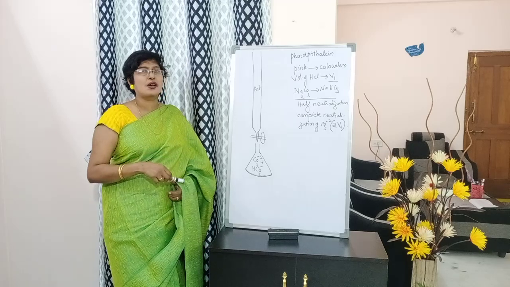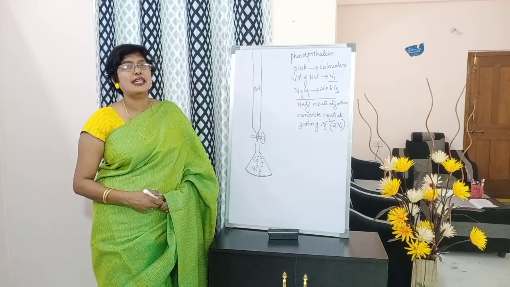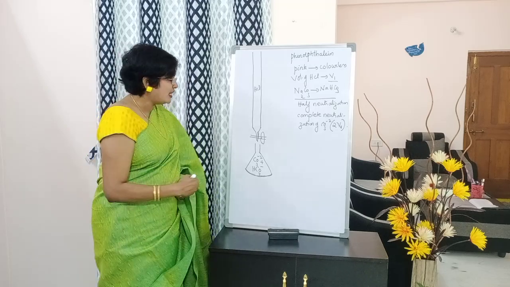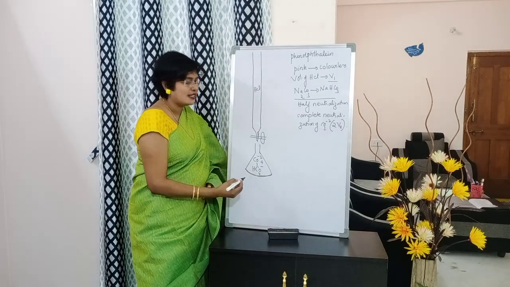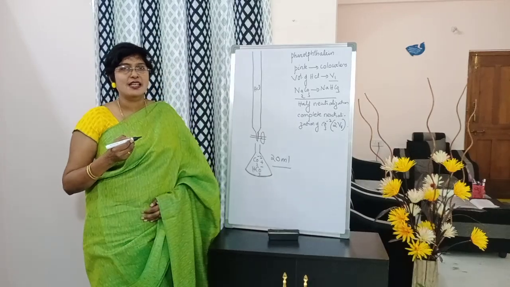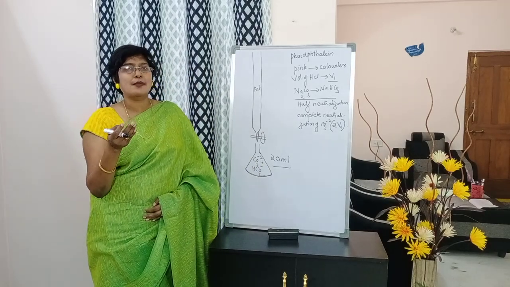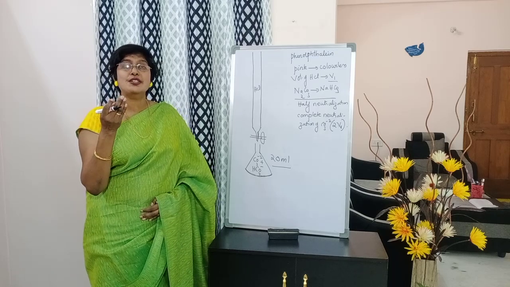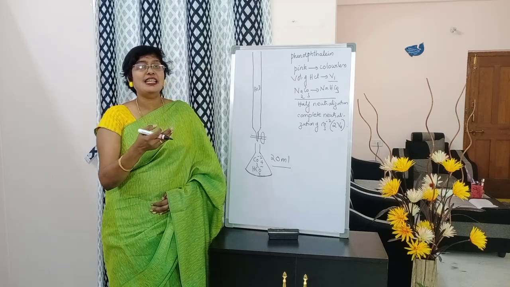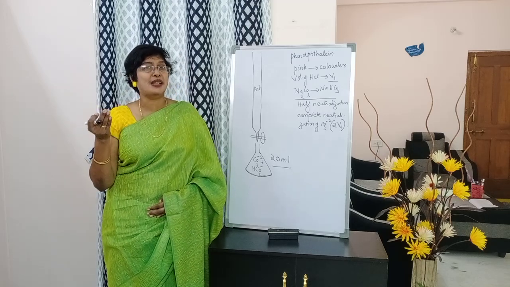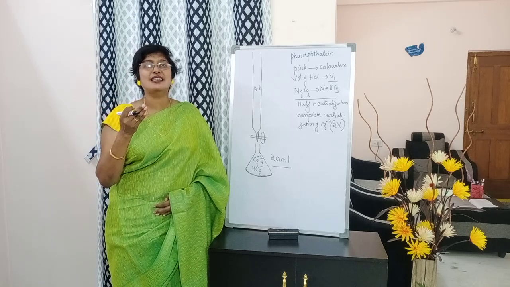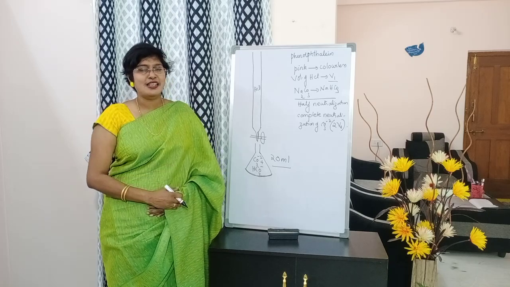See, I have just drawn the figures of burette and conical flask so that I can make it clear to you. Fine. So in the conical flask, what is taken, students? 20 ml of the unknown mixture. What is there in the mixture? Both carbonate and bicarbonate. But we should be able to estimate the amount of carbonate separately and the amount of bicarbonate separately present in the mixture. So this is a great or big task for us. Fine. So now let us start, students.